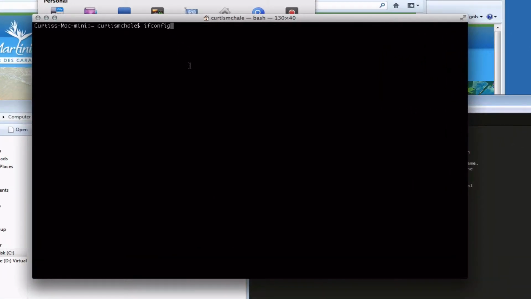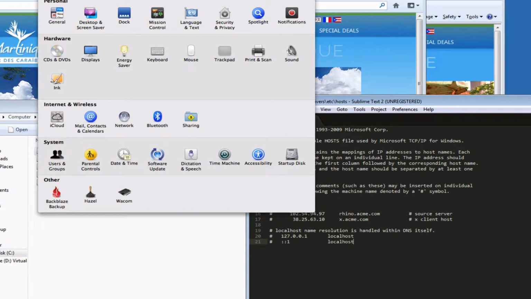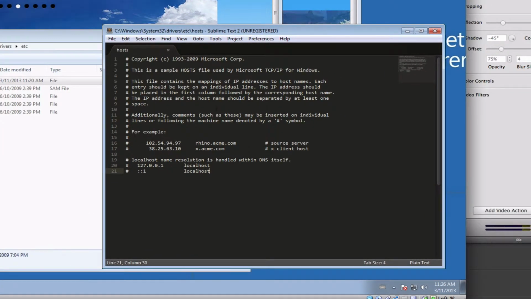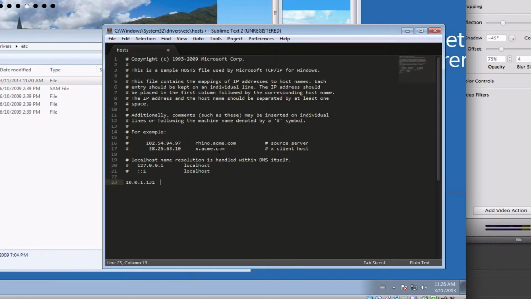So I'm going to type ifconfig in terminal and hit enter. And what you're looking for is this number right here. It's going to be 10.0.something.something. For me, it's 10.0.1.131. So what we want to do here is type 10.0.1.131, and I'm going to type in here local.org